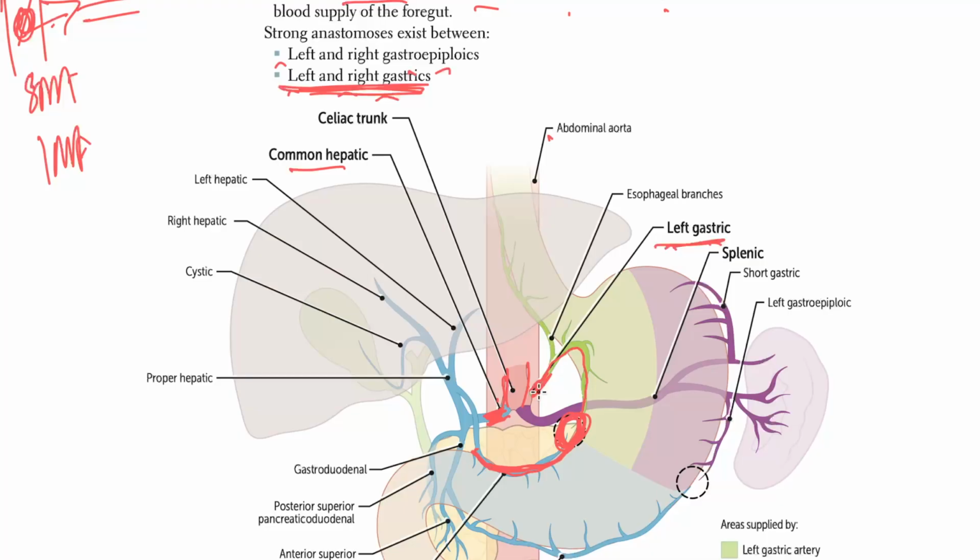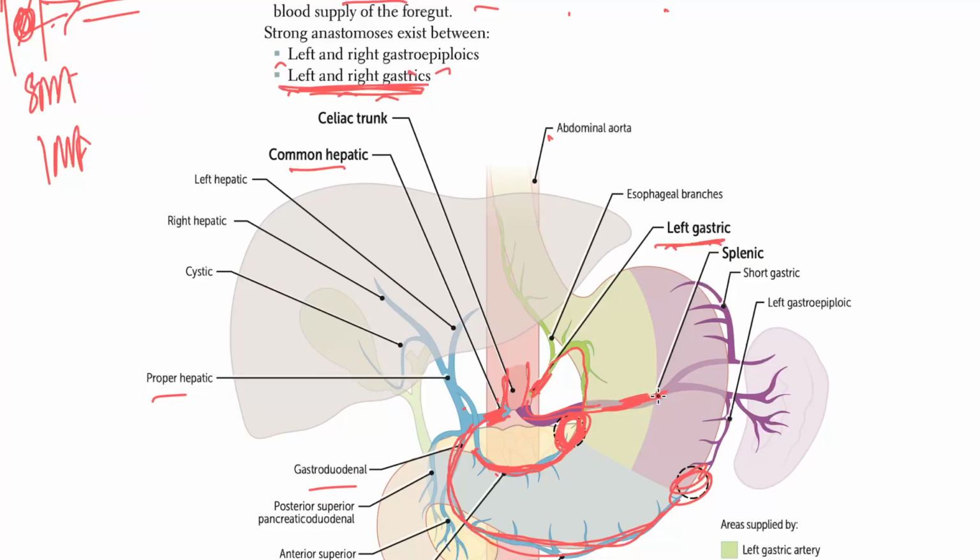Common hepatic is coming and giving its proper hepatic, which is going to give you a branch of the right gastric, but it also has all these branches of the gastroduodenal posterior. The important branch is that it is giving you a branch which is called the right gastroepiploic. That right gastroepiploic is going and anastomosing with the celiac splenic